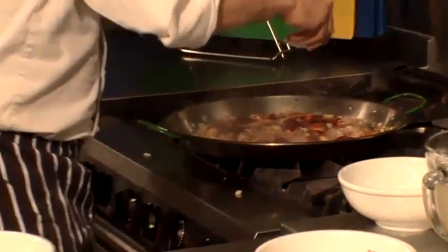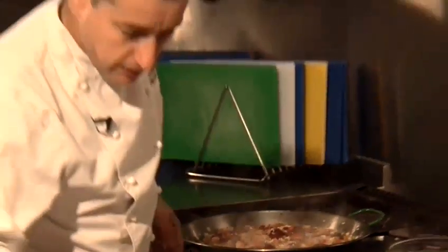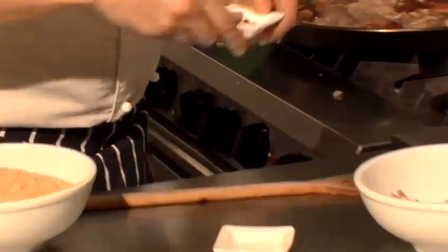I'm going to add the garlic now. I don't like to add garlic to a dish until I absolutely have to, because I don't want it to burn. I'm going to add some thyme. I've got some dried chilies here, which are really going to set this dish on fire. And now I'm going to add